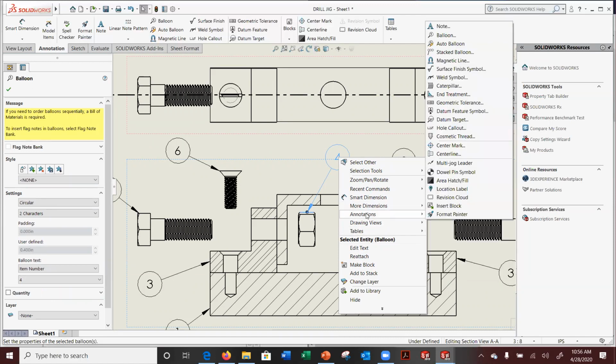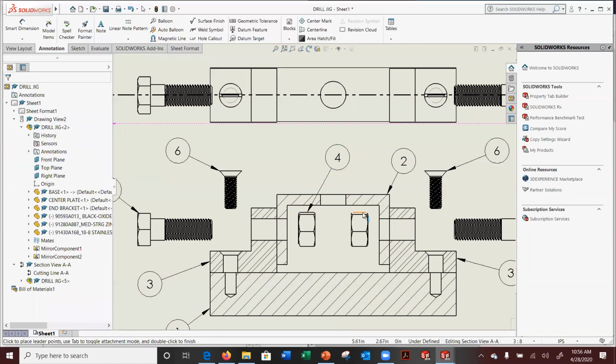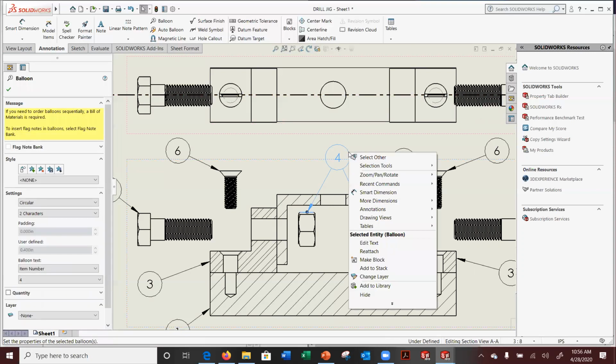This is to add more information. See over here where you've got the balloons, multi-jog leader. I can select that and I can pick this guy. Come on, you. There we go. And that's about how you're going to get that. Did you see that? The multi-jog leader